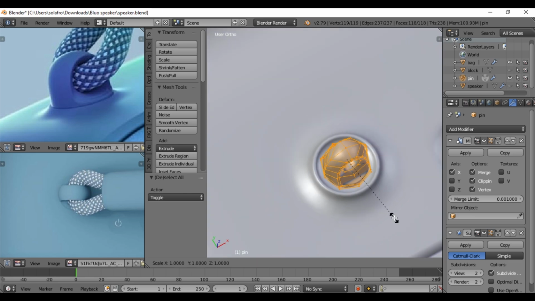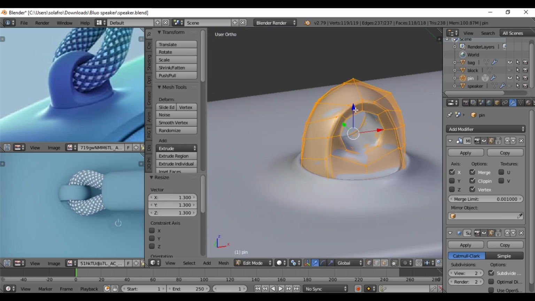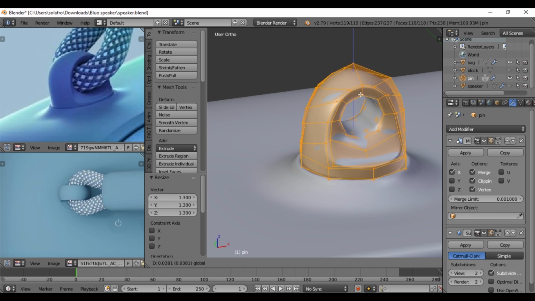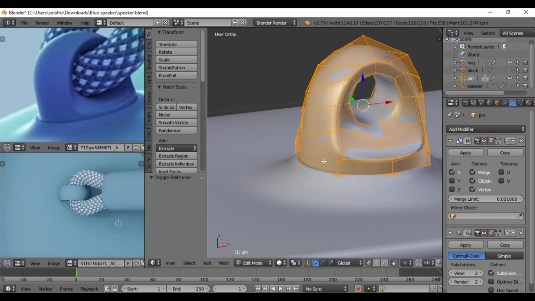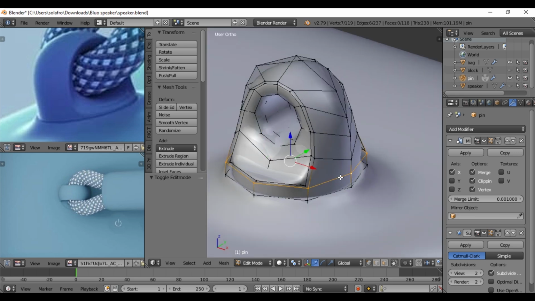Then scale by pressing the S key, 1.3, similar to the hole. Move the pin in the Z-axis. Select the loop by pressing Shift.